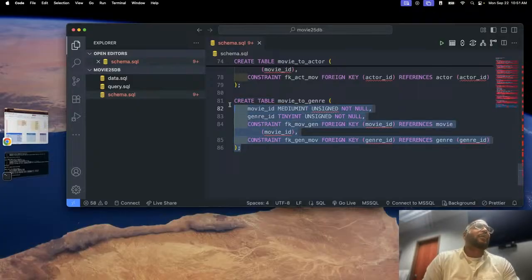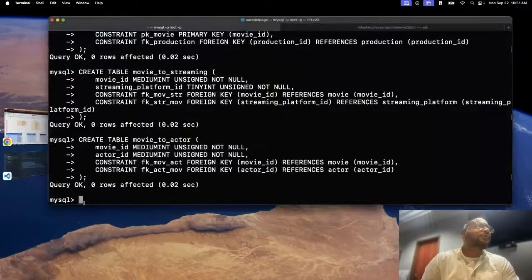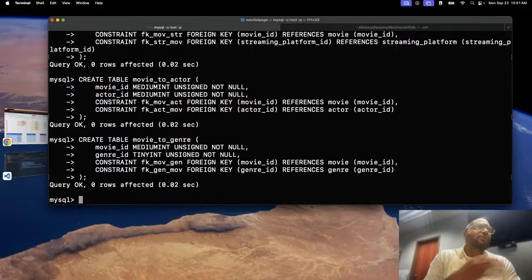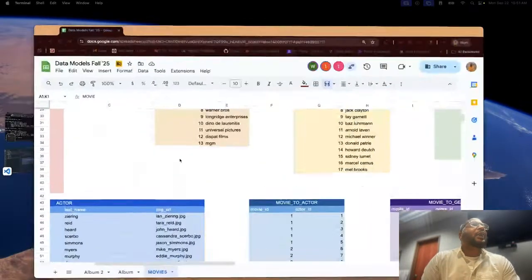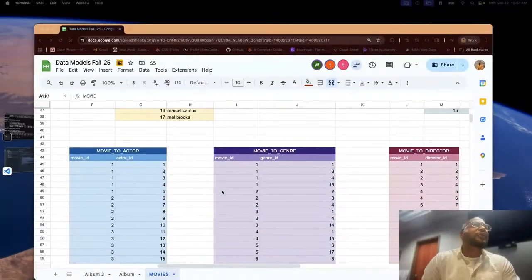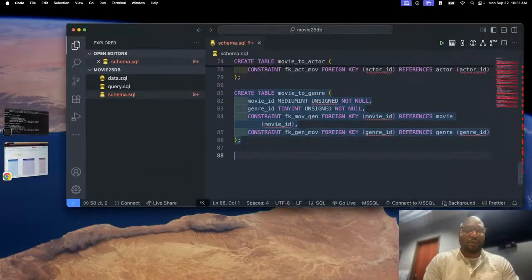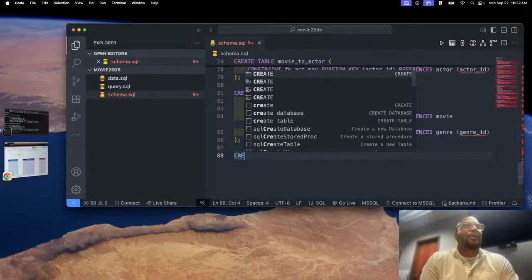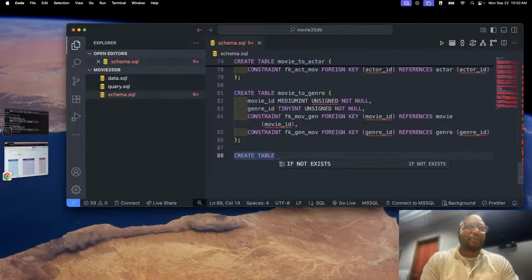Copy that and paste. And the last one, movie to director. Create table